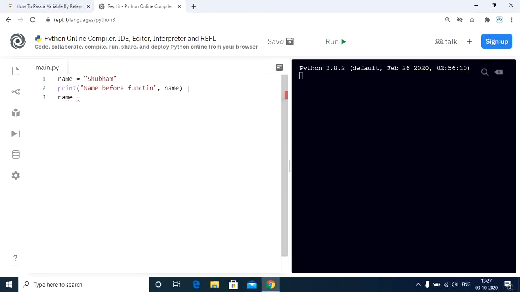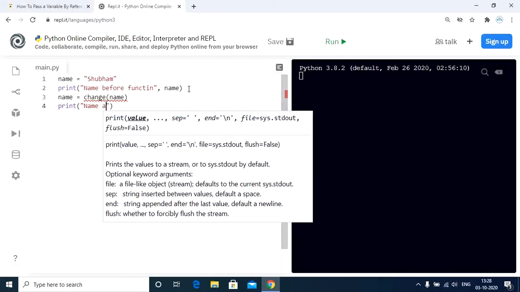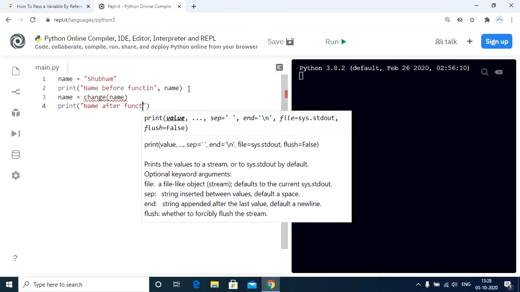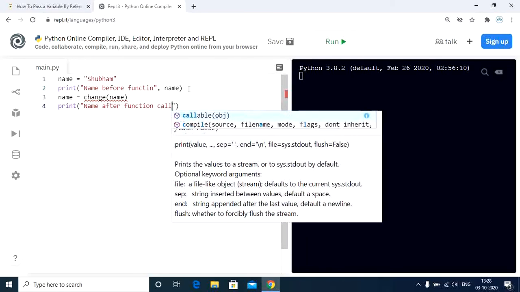Now let's pass the variable name to a function that we will be creating by the name change. So we are simply passing the variable name into the function change. Now let's print name after function call.